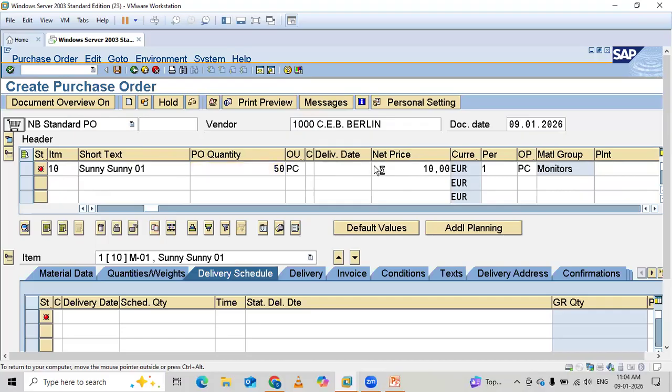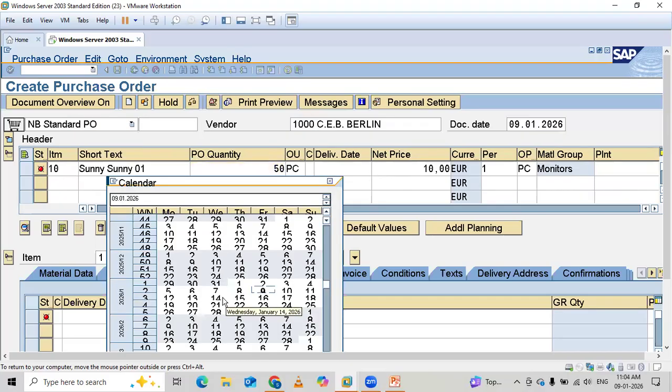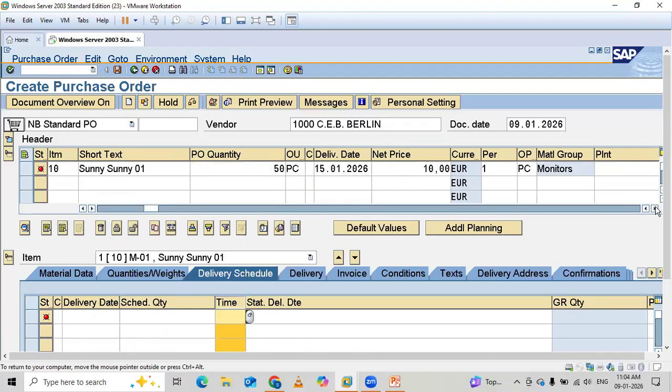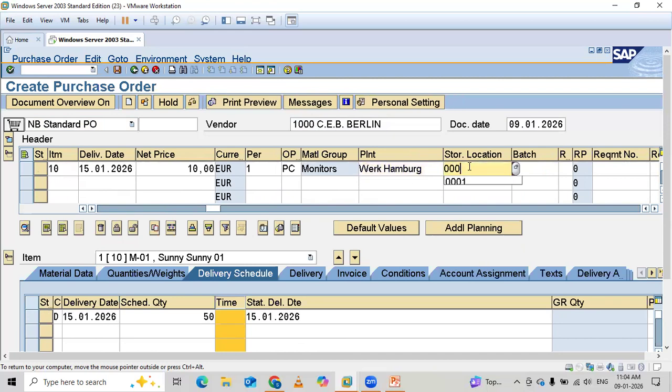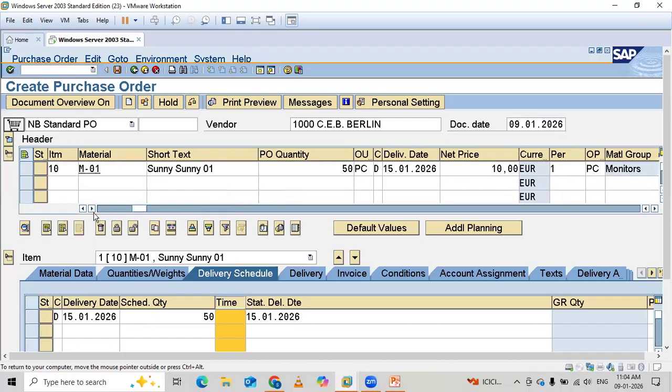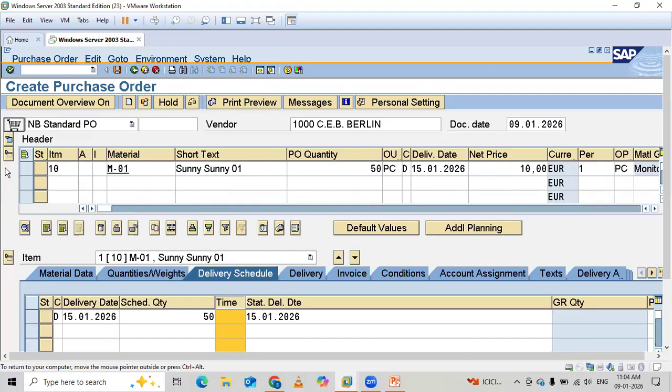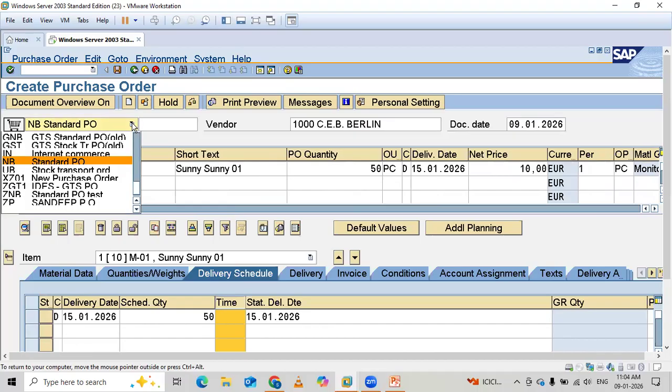Delivery date, whenever required, you just give it to them. Net price is taken, and plant is 1000. Storage location, you can mention the signature one. See, like this you can create the PO directly, without reference to the PR. This is a standard PO. Again, I am telling you, this is a standard PO we are creating.